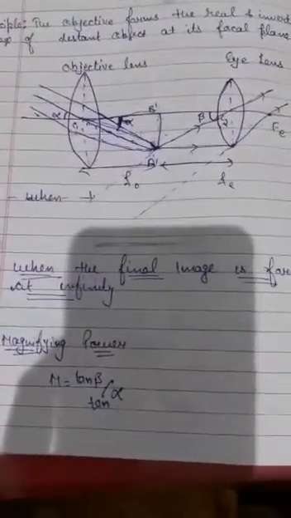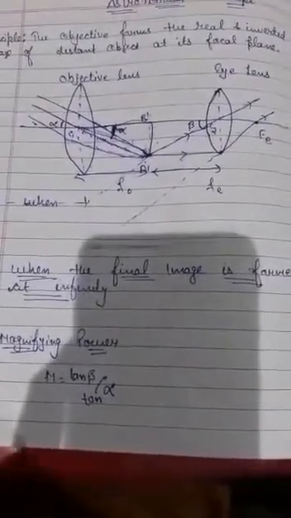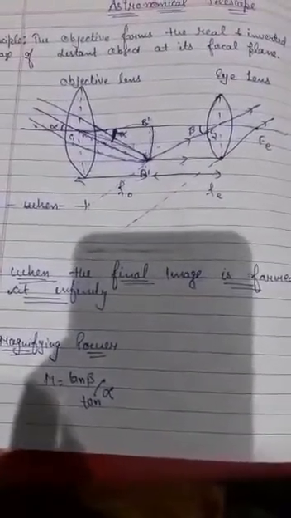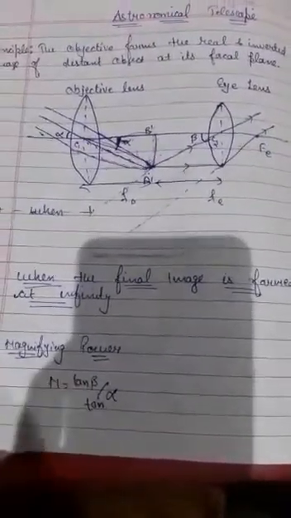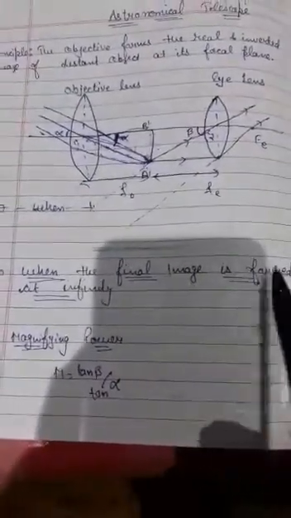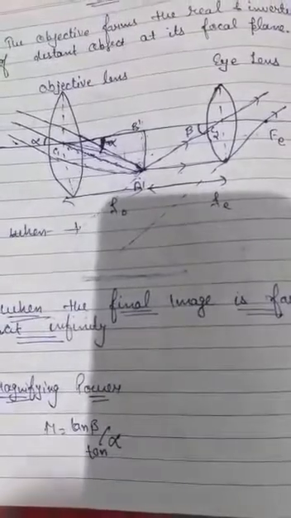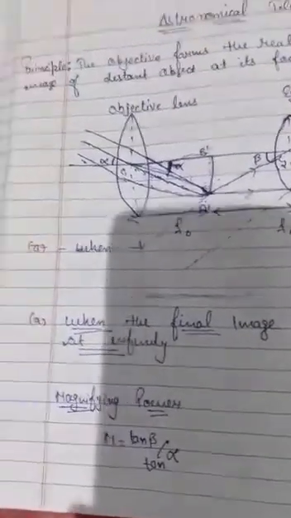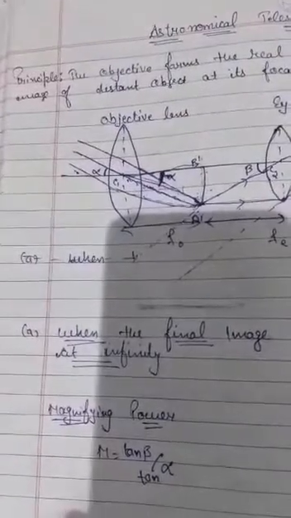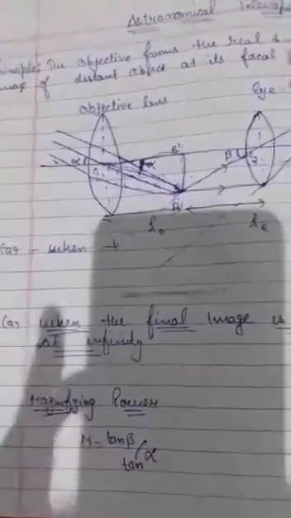Now the mathematical part. This astronomical telescope is divided into two parts. The first is when the final image is formed at infinity, and the second is when the final image is formed at the least distance of distinct vision. That is also similar, you can do it by yourself. So the first part, when the final image is formed at infinity, the first term is magnifying power. This term we have already done. What is magnifying power? The magnifying power of a telescope in normal adjustment is defined as the ratio of the angle subtended by the image